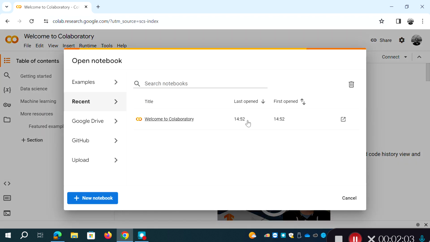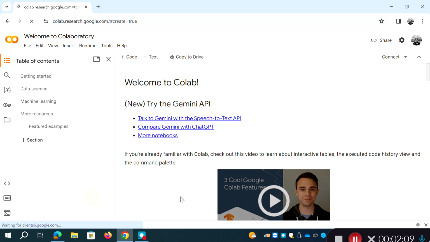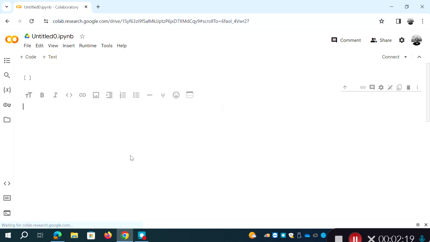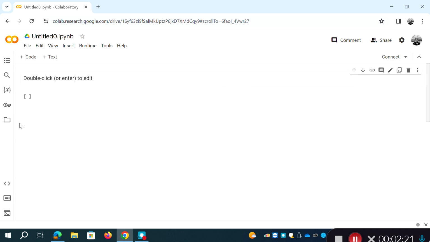This is a cloud-based instantiation of a Jupyter Notebook. If I create a new notebook, it'll look quite familiar, it'll look like a Jupyter Notebook. You can see, very similar, we've got these code cells, and let me add a text cell as well, move that to the top. So we've got these text cells and these code cells, so we can put markdown text in explaining what we're doing, and then we can put our code in and run our analysis and see the output